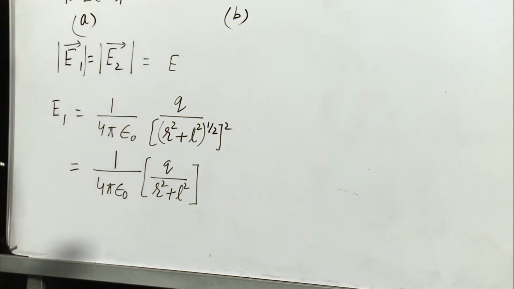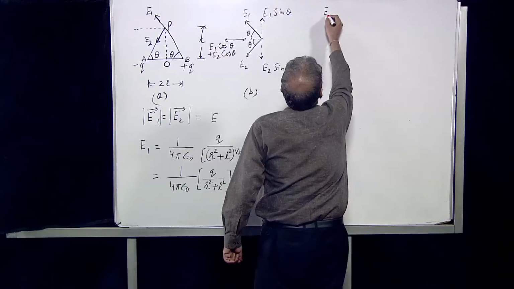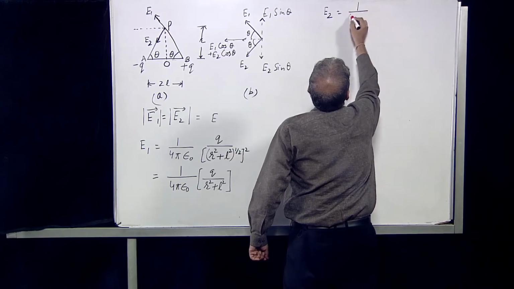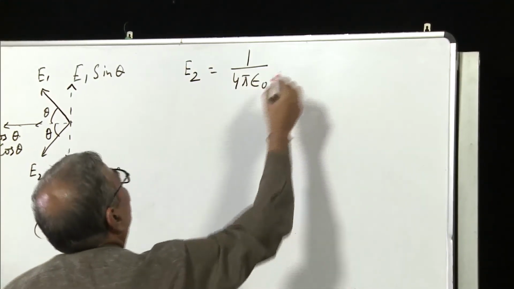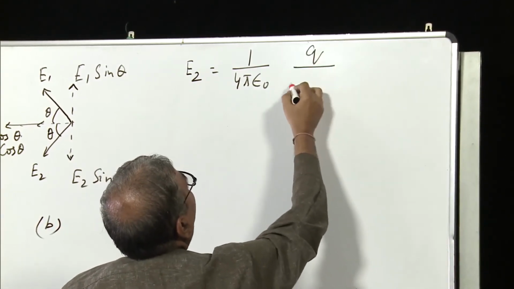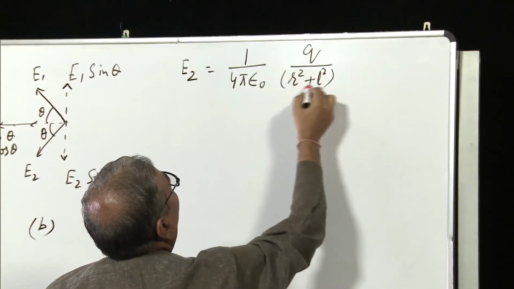Similarly, expression for E2 is equal to 1 upon 4 pi epsilon naught q upon (r² + L²),